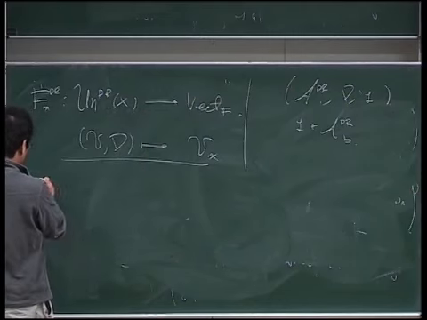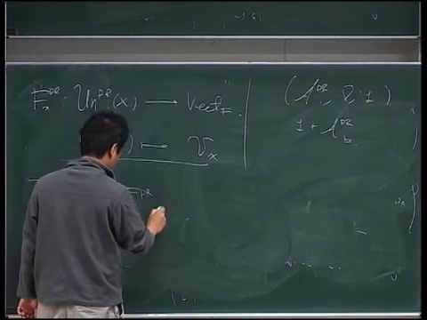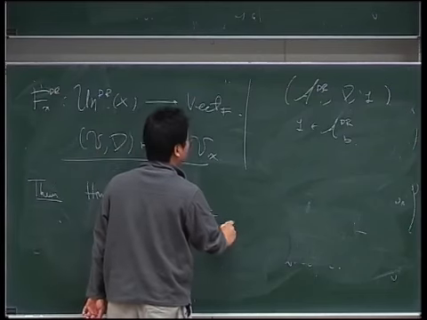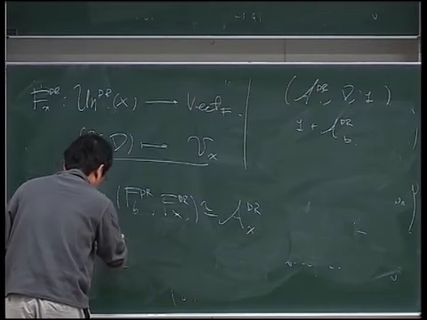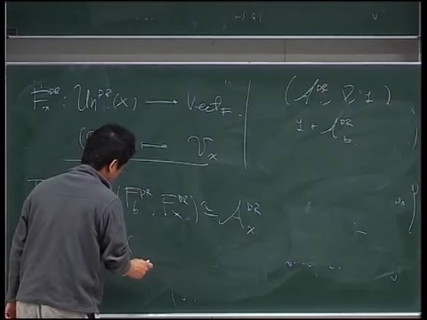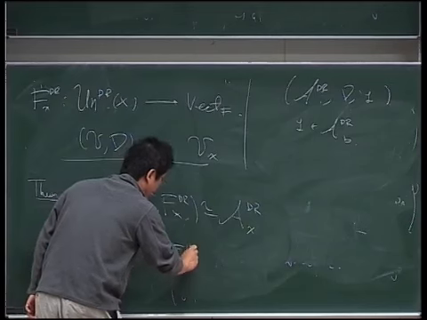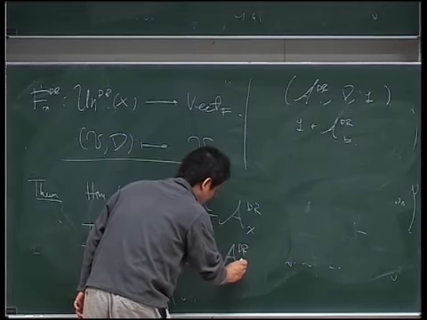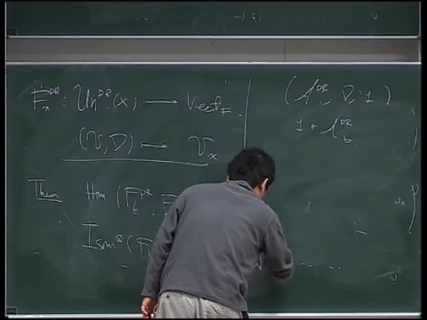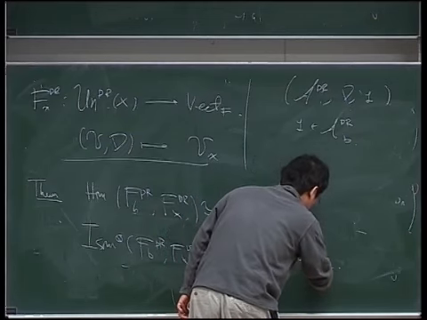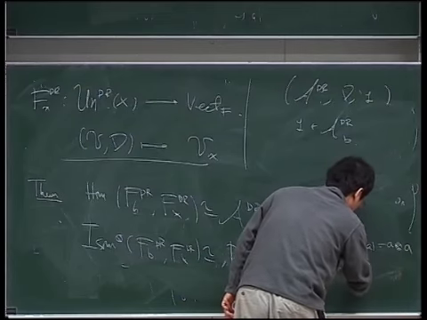Then the theorem is that the Homs from FB to Fx is isomorphic to A de Rham sub x, and the tensor compatible isomorphisms from the fiber functor at B to the fiber functor at X is isomorphic to something I'll write as P de Rham of X. By definition, this consists of the elements in A de Rham of X such that delta of A is A tensor A, and again the augmentation is 1.